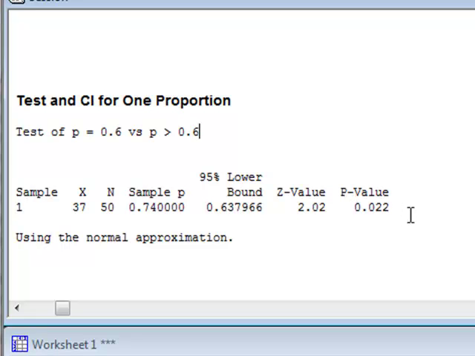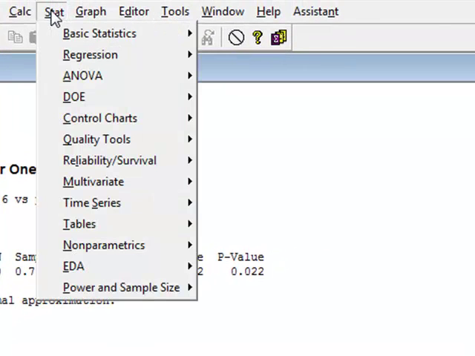It also calculates the p-value for this test of 0.022, which suggests that we should reject the null hypothesis that the true proportion was 0.6 and accept that our experimental proportion is significantly greater than 0.6. We can repeat the test